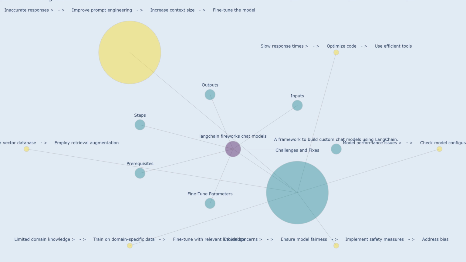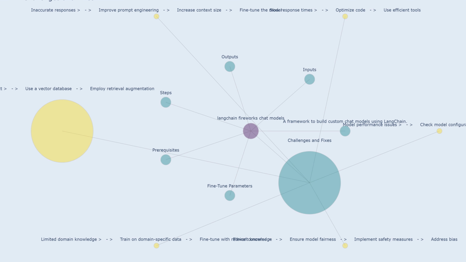Fine-tune the model: adjusting the model's parameters or training it on additional data relevant to the specific task, improving its ability to generate accurate responses. This involves tailoring the model's knowledge and understanding to better suit the desired outputs. For example, fine-tuning the model on a dataset of verified factual information could significantly improve its accuracy in answering factual questions. Limited context: situations where the chat model lacks sufficient context to provide comprehensive and meaningful responses, resulting in incomplete